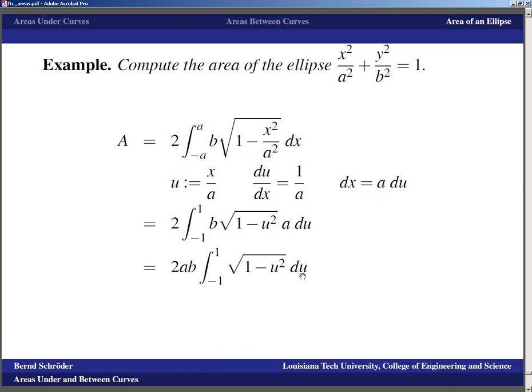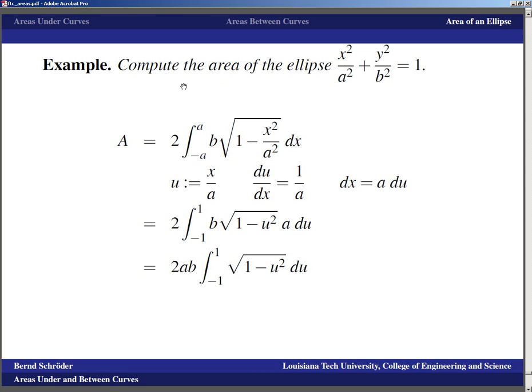And the antiderivative of the square root of 1 minus u squared du can be computed. You just have to work out the antiderivative there with an integration by parts. It's an integration by parts trick where you say this is 1 times the square root here, and then you do integration by parts where you integrate the 1 and differentiate the square root. And yeah, that's computationally rather hard, but if we look at this geometrically,